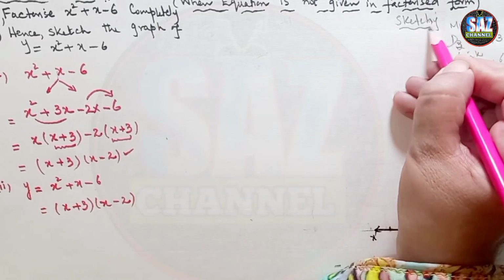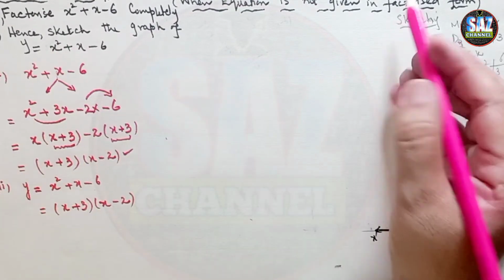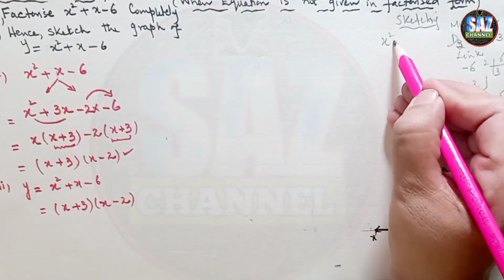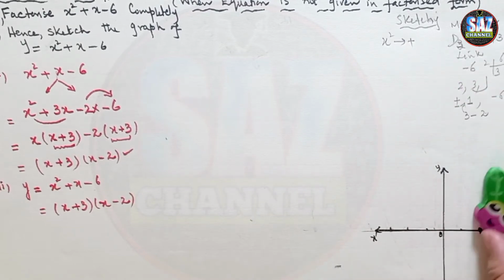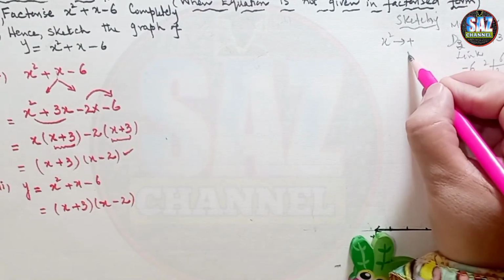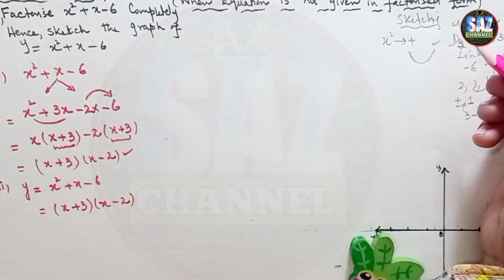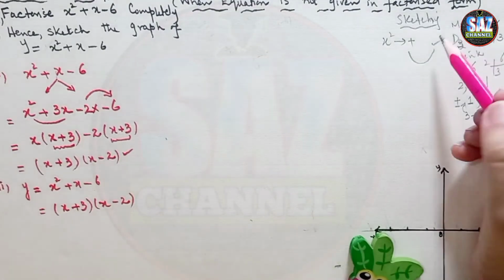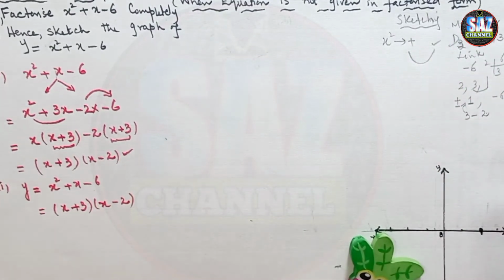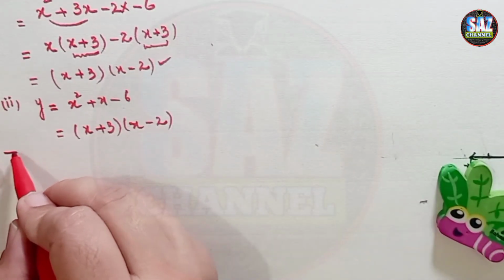First of all, we have to observe and see the coefficient of the square term, whether that is positive or negative. As this is positive, so the curve will have the opening upward and it will have the minimum point. This is the point that you just have to visualize and imagine. This step is done in your mind, and then recall what we have to do next. We have to go for finding of intercept.